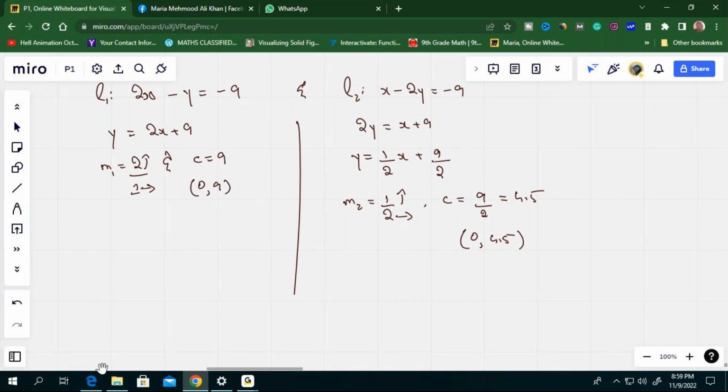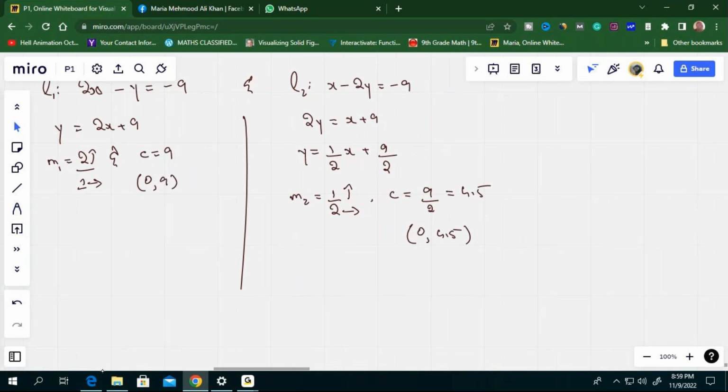You can see that these two y-intercepts that I've just obtained are both positive. X and y coordinates are both positive in both these points. Once you translate these points 1 unit up and 2 units right, or 2 units up and 1 unit right, they're still going to be in the first quadrant. So you have to focus on the first quadrant. So sketch the first quadrant here,